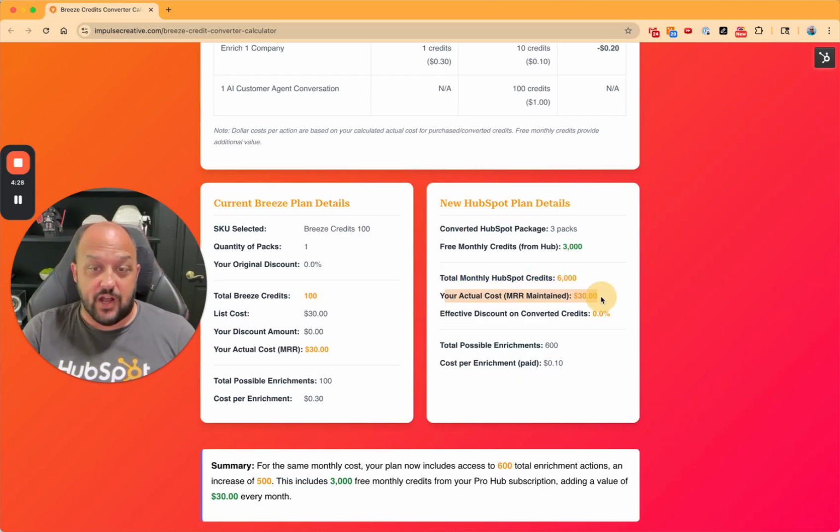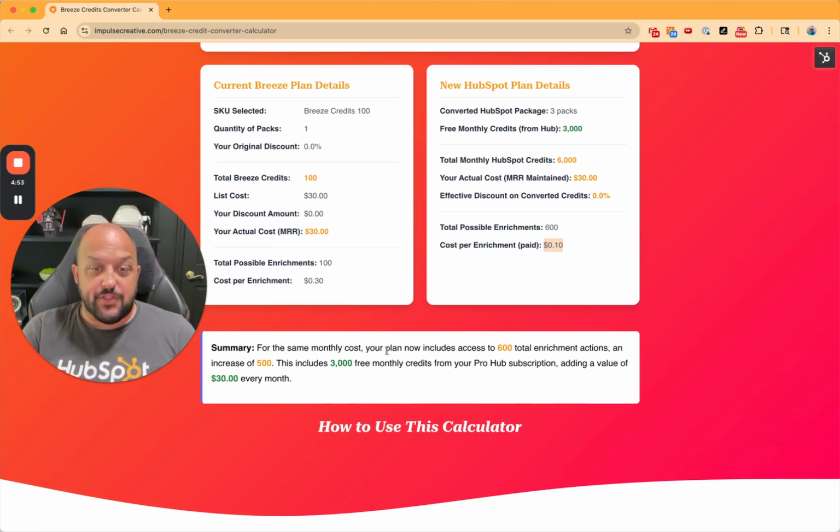So your actual cost overall is $30, the same as it would have been when you had your current Breeze plan. And the effective discount, of course, there is no overall discount here. But when we think of how many possible enrichments you can get with this new plan, you're looking at 600 possible enrichments, where before you had 100. The cost per enrichment that you'd be paying out is 10 cents. So in summary, for the same monthly cost, your plan now includes access to 600 enrichments,